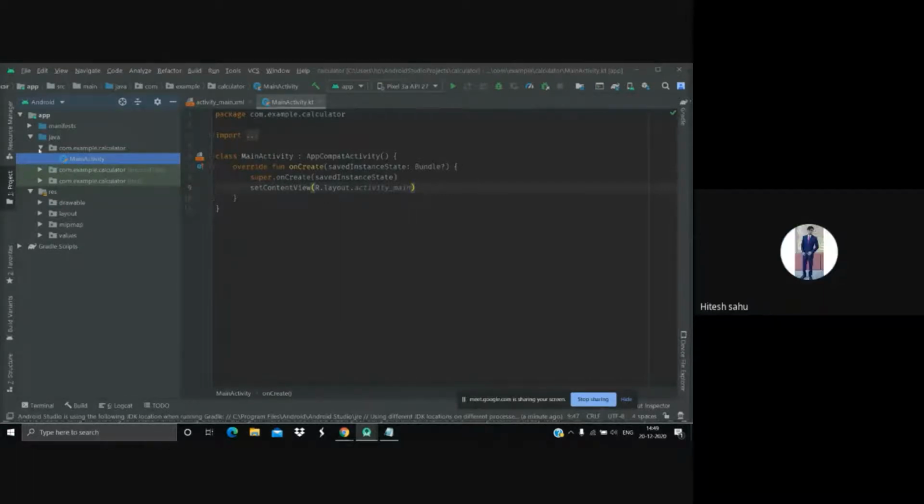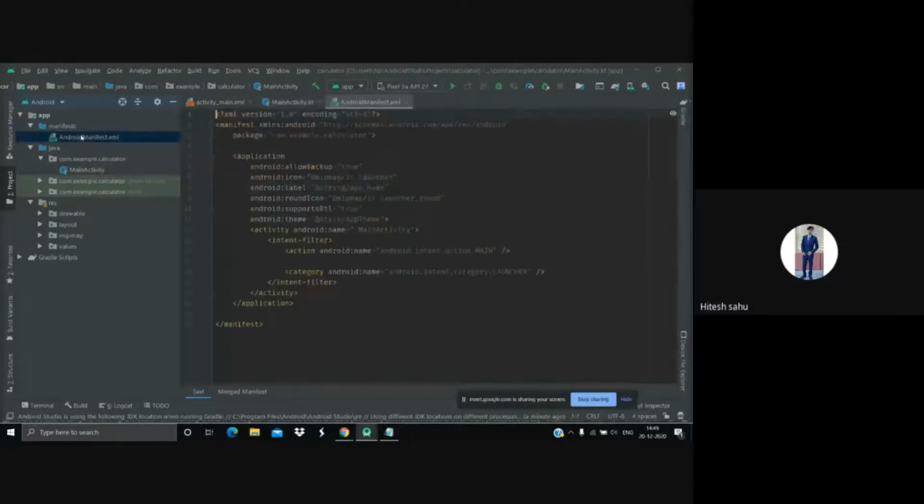Okay. And Anjali, you can just open the manifest file also, so that I can describe it. So whenever you create a project in Android Studio, you get this Android manifest.xml file. It is predefined and it is maintained by the Gradle. So what Gradle is, below you can see Gradle running. It is an automation tool. It handles all the dependencies. If you want to add some external libraries or anything, you just have to mention the link to that, and Gradle will automatically download it.